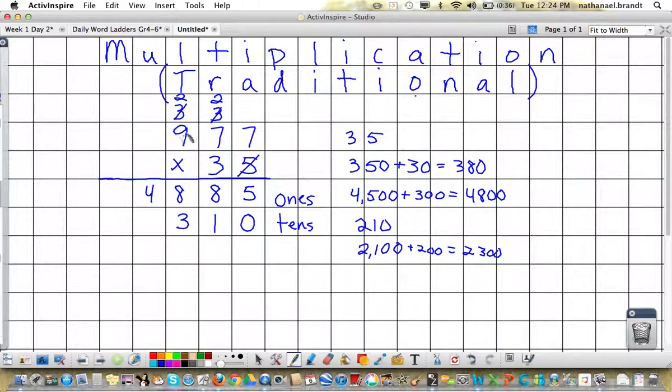And then we have 9 hundreds times 3 tens. 900 times 30 is 2,700, plus this 2, which is worth 200. So that's going to be